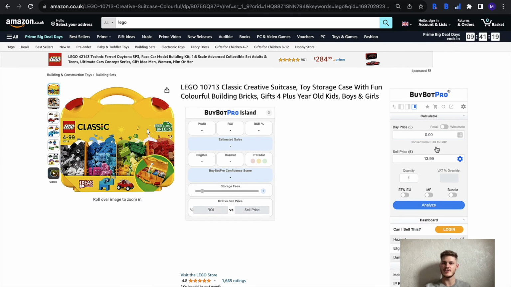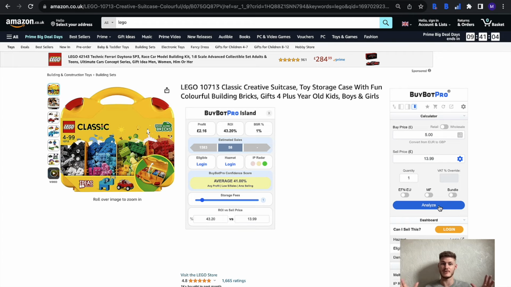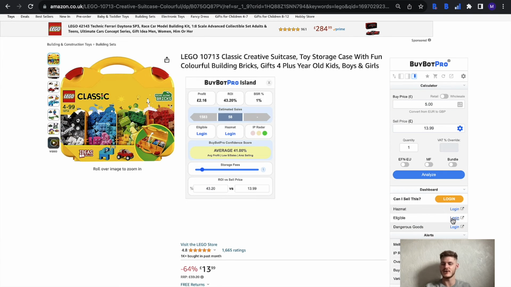So when you start using BuyBotPro, it is as simple as entering in a buy price and a sell price. It will automatically populate the sell price for you if you have chosen a preference in the settings. Just click on Analyze, and within seconds it's looked at thousands of data points to bring you a whole host of essential information. What you might want to do straight away after this is log into your Amazon Seller Central